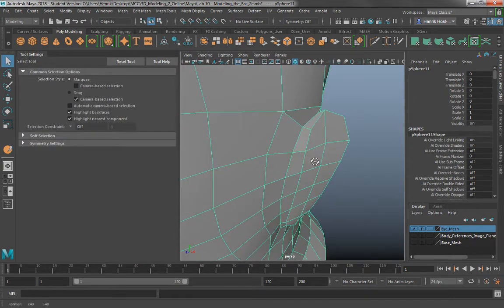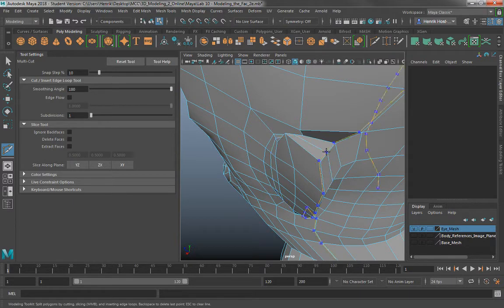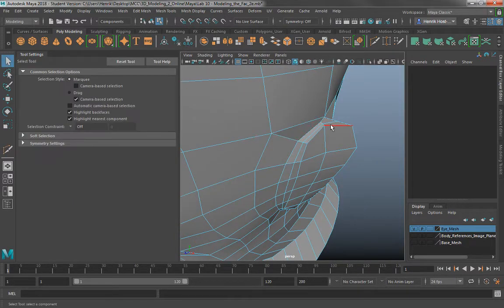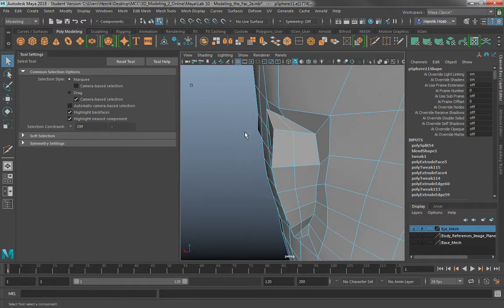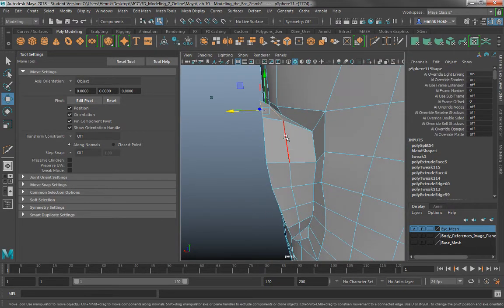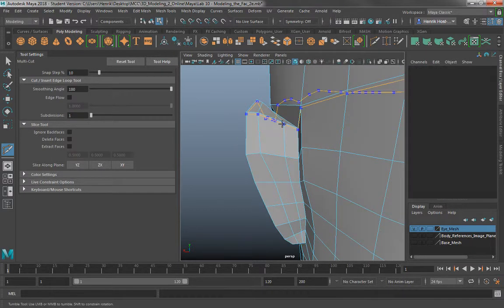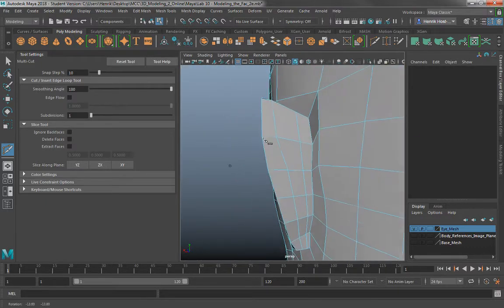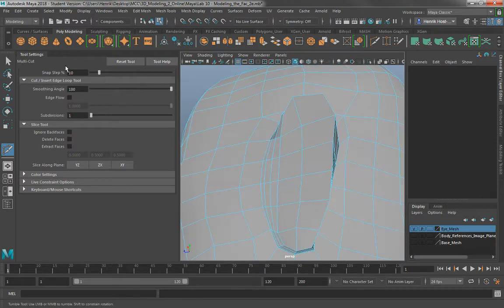And the other thing I want to do is I'm going to use my multi-cut tool. I'm going to cut in one more edge loop right here. And start to give this a little bit more of a shape to it, trying to create that whatchamacallit, that little lip around the ear. So I've created two edge loops wrapping around it, and now I'll go back